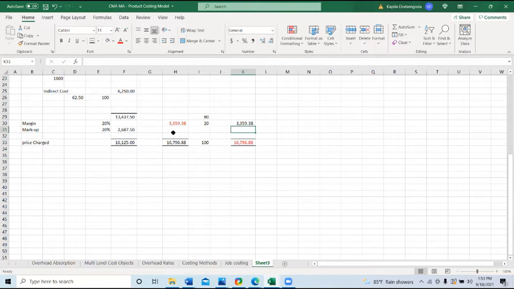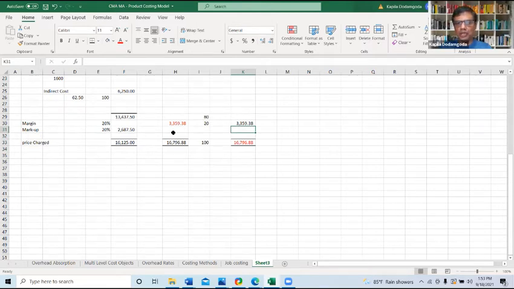Correct. So for those who know it, it's very simple, but for those who do not, you see the difference. Markup is always a percentage added to your cost, and margin is a percentage expressed on the selling price or the sales revenue. Generally, for the same markup or margin percentage, when you add a markup, since that 20% is coming on the cost, your selling price is relatively lower. But when you say a 20% margin, since it is expressed as a percentage of the turnover, your margin component will be higher. That's it.